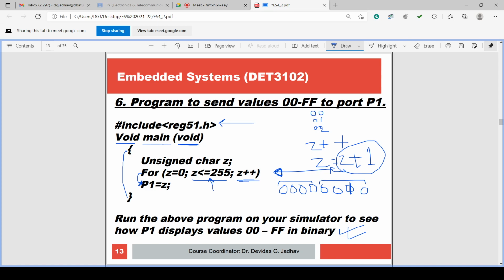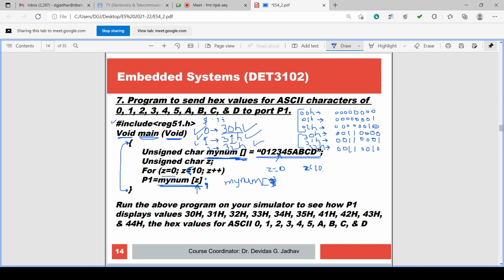In binary form, what is the effect on the pins? And sending the hex values of ASCII characters. These two programs we have seen, which make it clear that there are two different kinds of symbols.